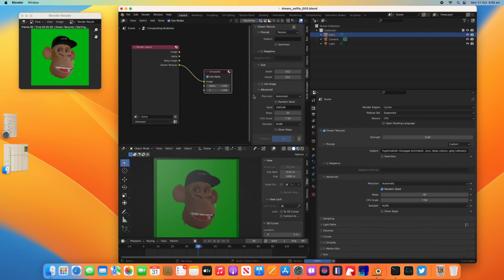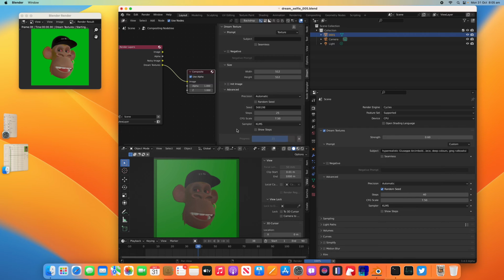So the progress is happening over here. Hopefully it's gonna finish in just a couple of minutes. But my promise: hyper-realistic Giuseppe Arcimboldo's art style face made of monkey, chimpanzee, gorilla, high detailed painting by Adrian Guinea and so on, masterpiece. So this is the prompt that will be used to